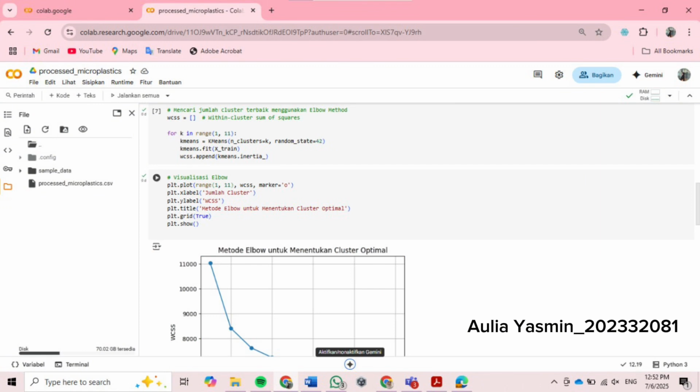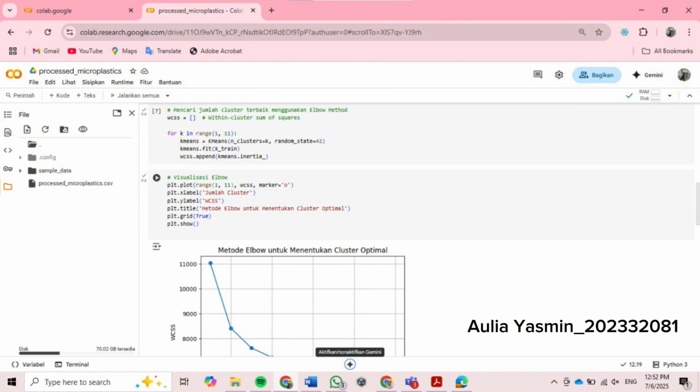And for step 4, I find the optimal number of clusters using the elbow method. K-means needs us to choose the number of clusters beforehand. To find the best number, I use the elbow method, which plots how the WCSS, or within-cluster sum of squares, changes as the number of clusters increases. So I use for k in range 1, 11, KMeans with random_state 42, kmeans.fit X_train, WCSS append.